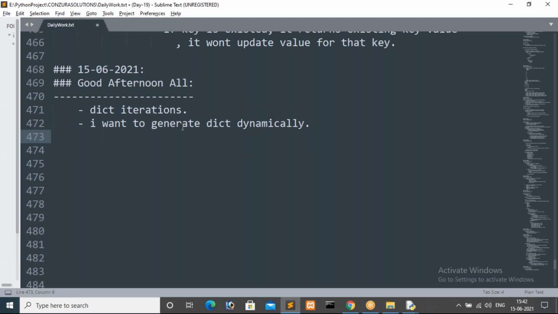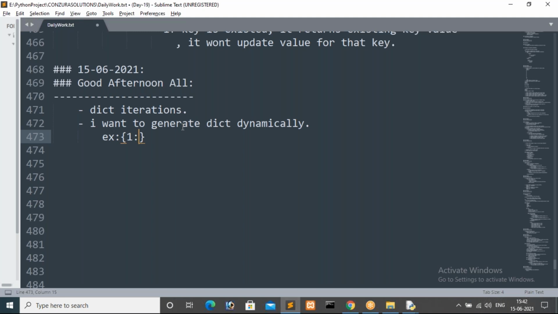For that I will give a small example, guys. I want to generate a dictionary dynamically. Take the power of 1.